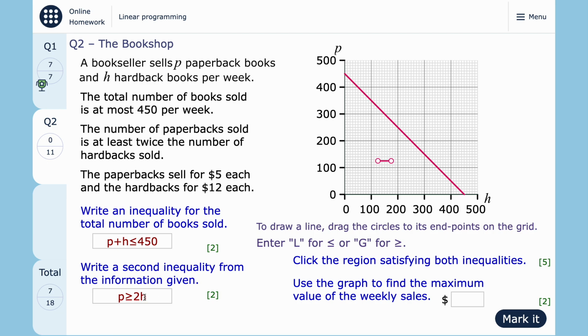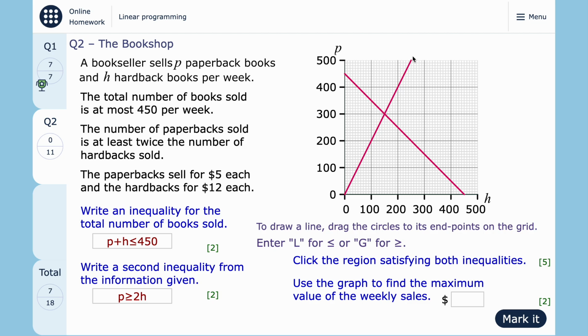And then my second inequality is P greater than or equal to 2H. So I'm going to try and draw the line P equals 2H. So if H was 100, P would be 2 times 100. If H was 200, P would be 2 times 200, 400, and so on. So that's the line